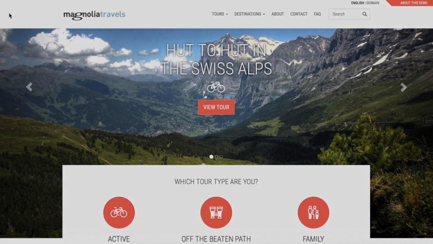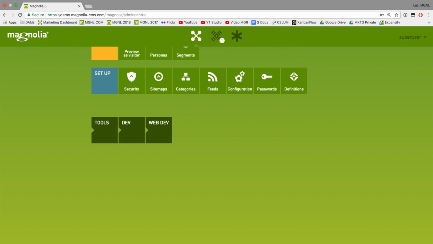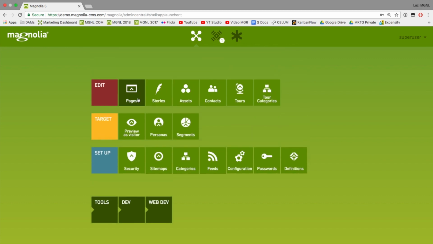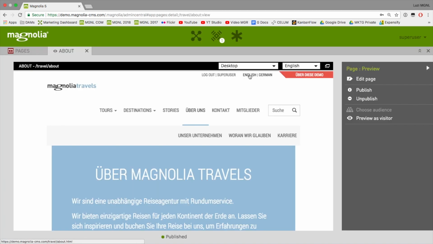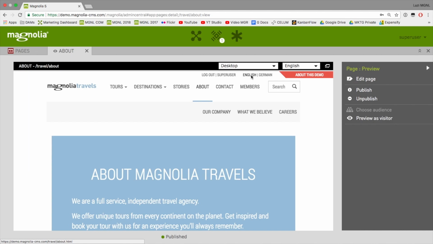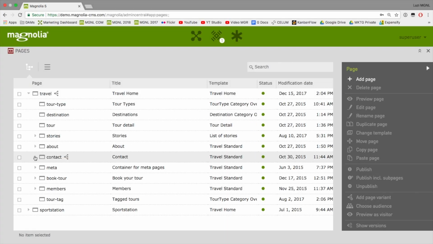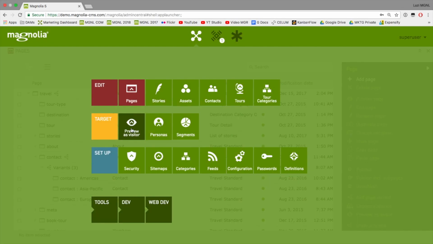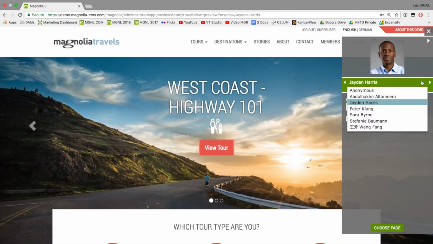Magnolia Travels is the website for a fictional travel agency which sells package tours. But as you browse the website, imagine that the tours could be replaced with the products, information, or departments that are important in your business or organization. The demo project illustrates important Magnolia features such as multi-language, multiple sites with content reuse, and personalization, all in a